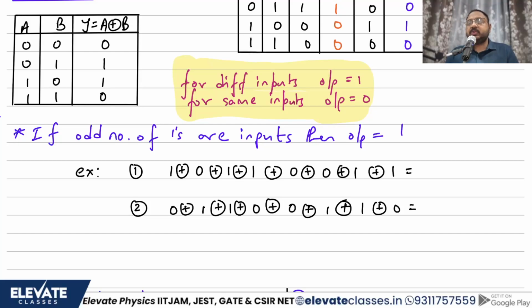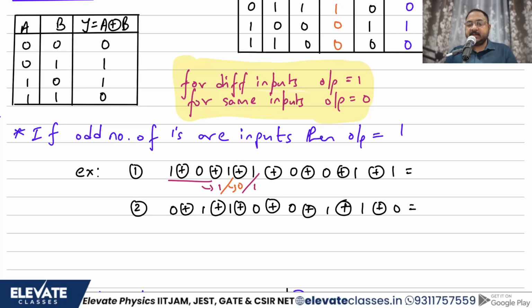Okay, how can you solve this? See, the original method of solving is to use XOR. XOR की property क्या है? Different inputs output is 1, same inputs output is 0. Correct? Let's try that. Look at the first two, different है, तो इसका output क्या हो जाएगा? Different inputs, output should be 1. Okay, now let's look at the next two. 1 and 1 same, my output should be 0. Okay, next 0 and 1, inputs are different, output will be 1.